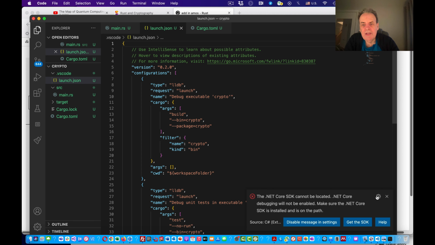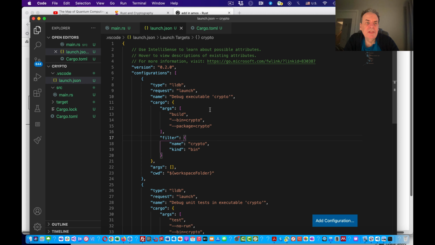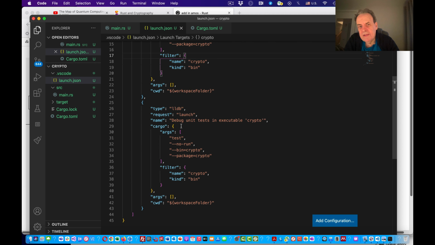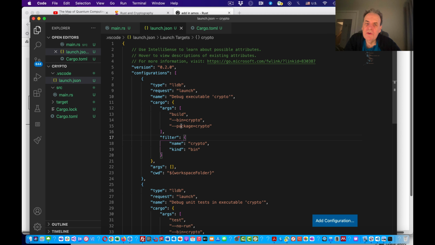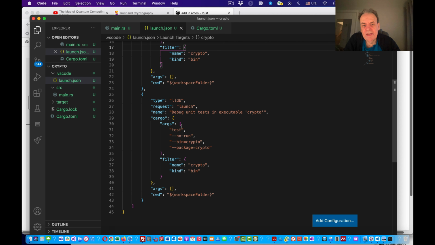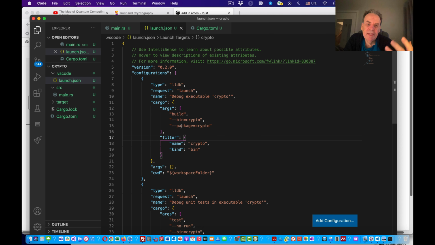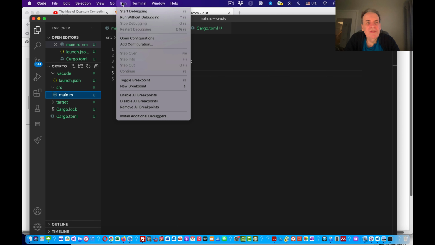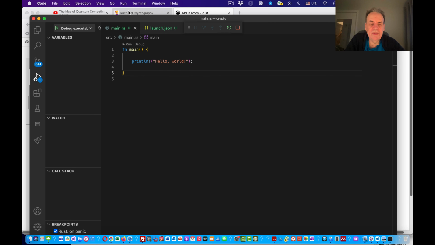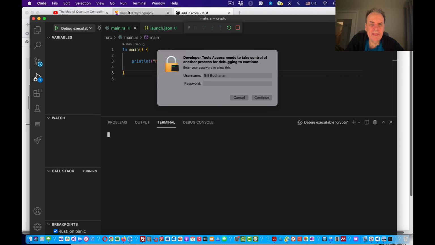You can see what's just happened is that it's created a launch.json file, and inside that it gives all the details that we require to build our project. Things like cargo build and run are defined in this file here. So now when we run this, we should find that it will run automatically.